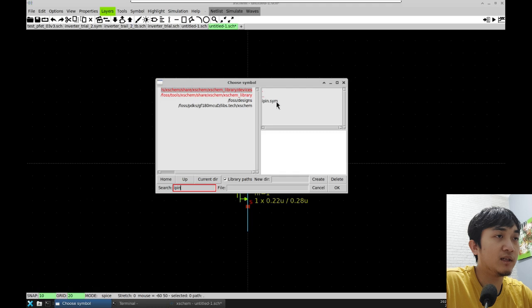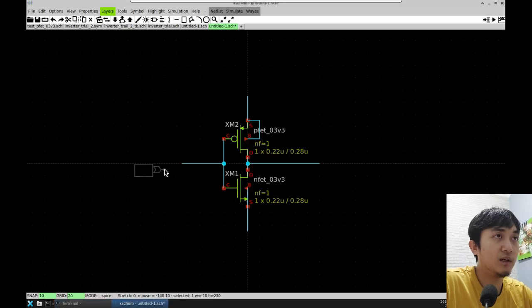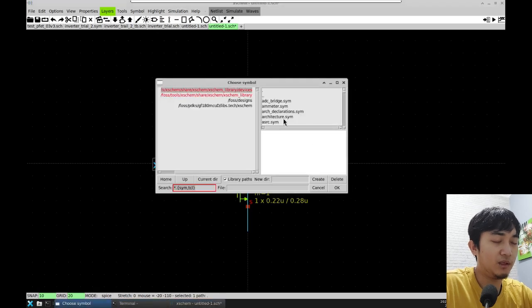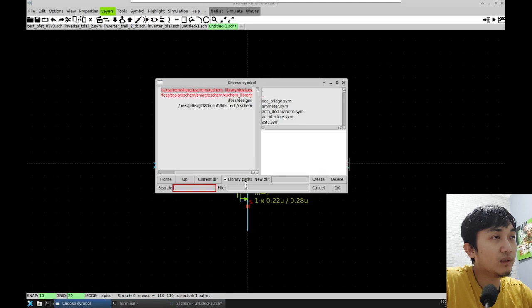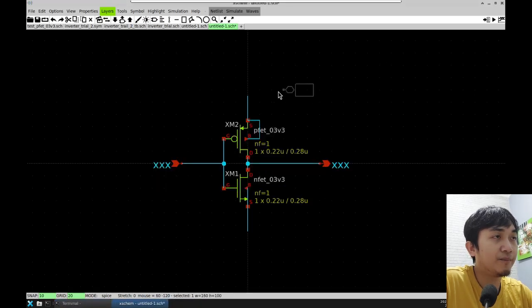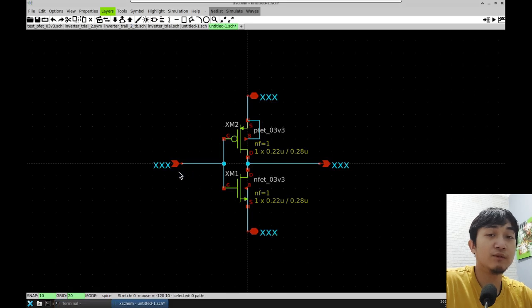This will serve as our input, and then we insert some more symbols. Now it is opin. This will be our output. And there is iopin. This will be our connection for the power. Just copy. To make things clearer and to distinguish between nets,